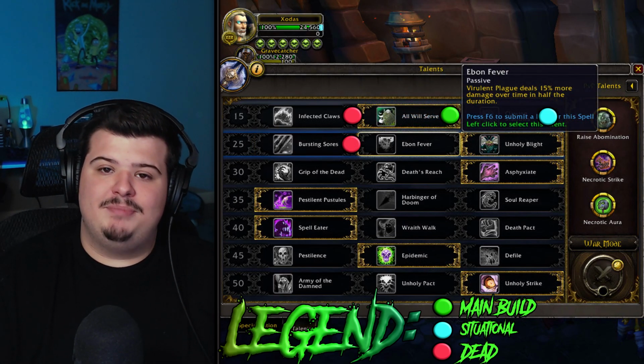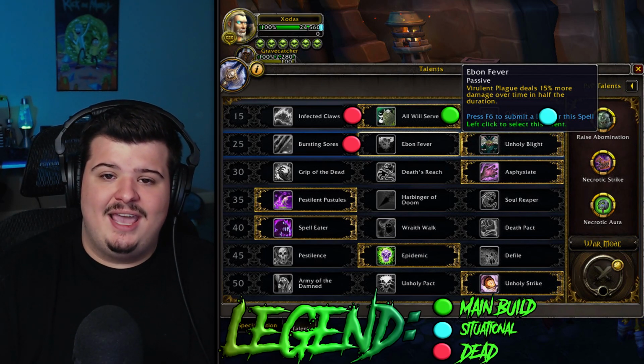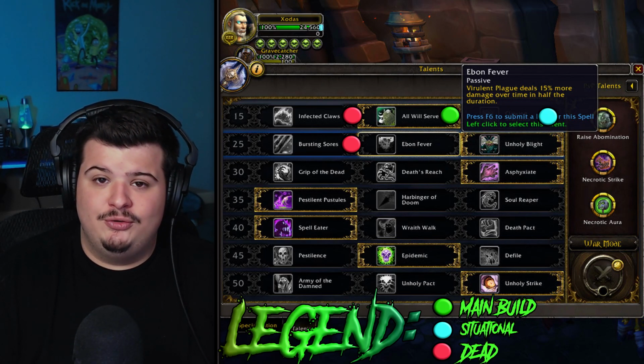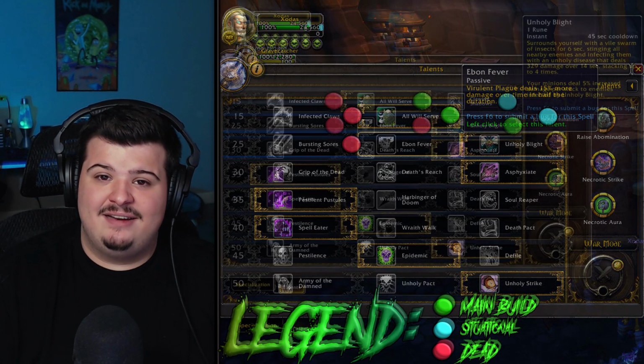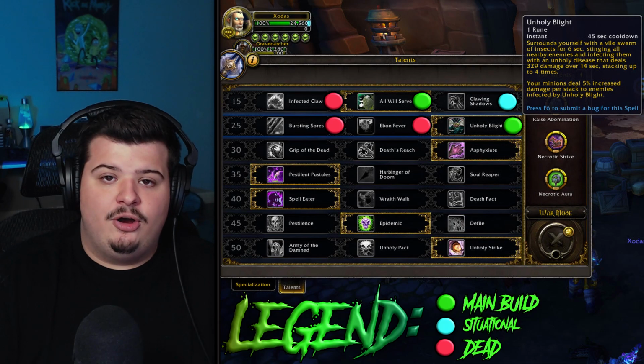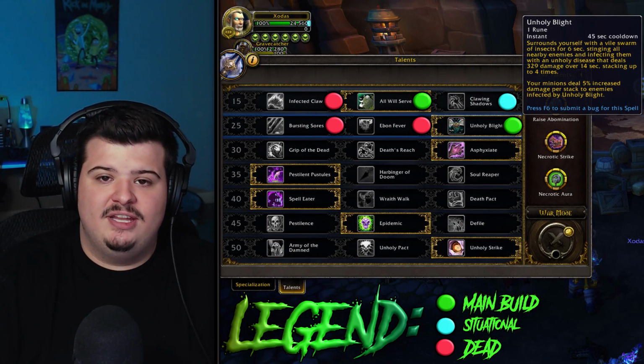Ebon Fever doesn't compete with the Unholy Blight / AWS Superstar combo either. It falls behind both in single target and AoE damage, and it also makes you feel extremely rune starved because you have to cast Outbreak twice as often. Feels bad. Unholy Blight paired with All Will Serve completely and totally blows every other choice in these two rows